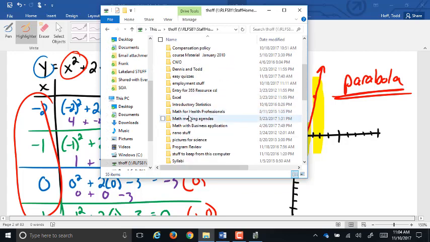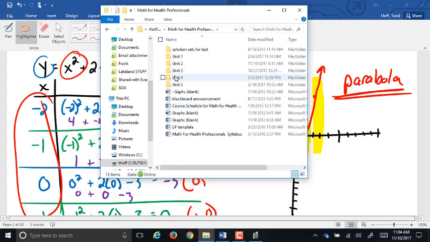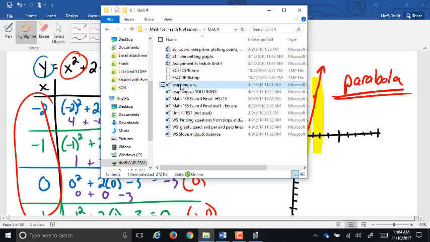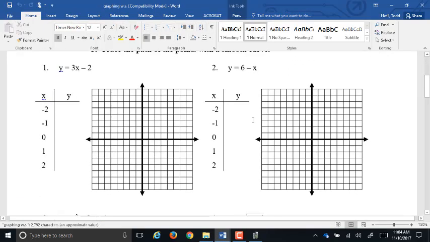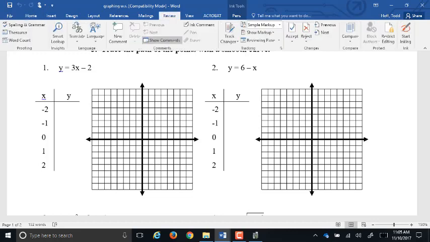And this worksheet has a bunch of equations on it that basically I started the table. I gave you some values for x to try, but you may find that some of those values don't help. Some of them you may need to use more. You may want to cross off some of them, use different ones. Some of them you may want to try more points. And for the first one here,